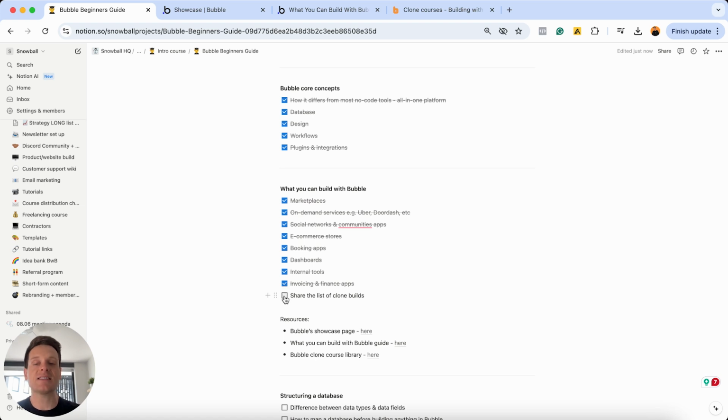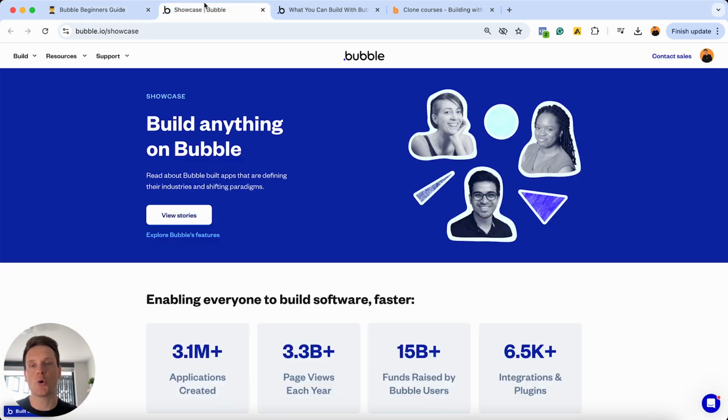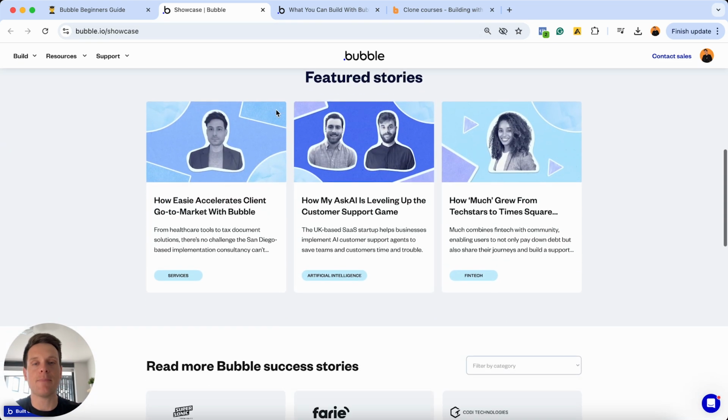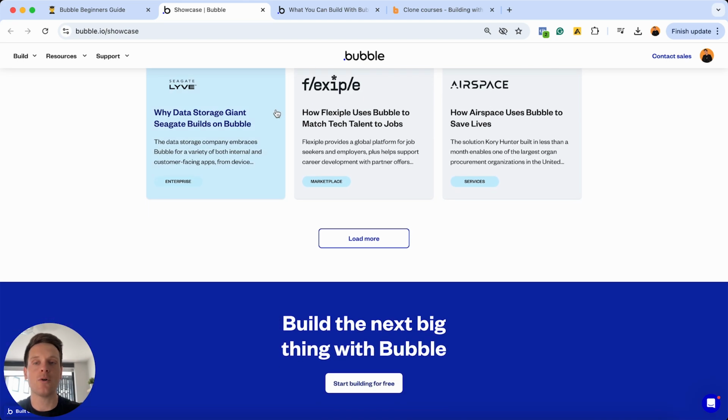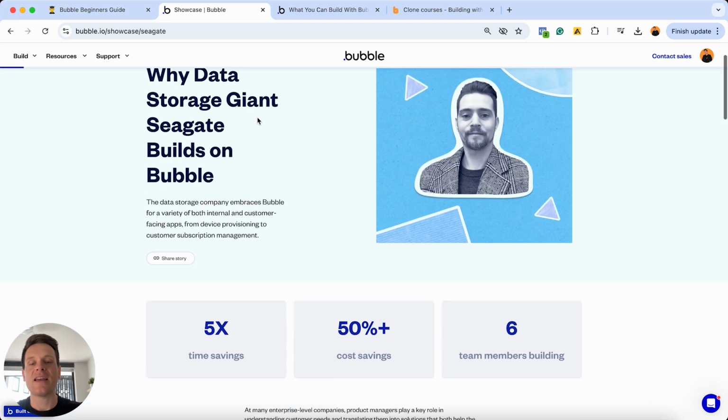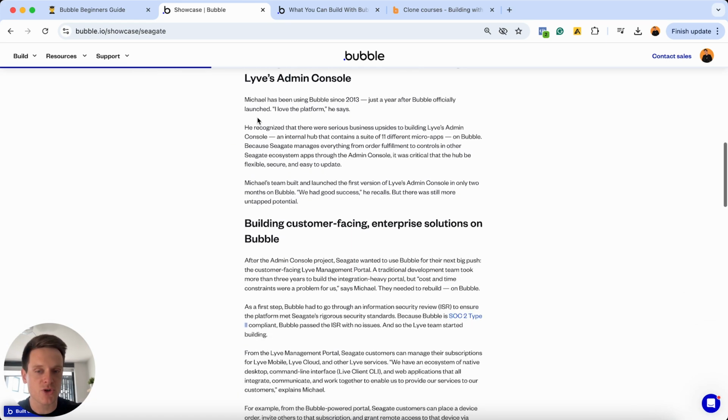And I guess the last thing I just wanted to show you is a list of all of the resources here. That way, if you want to take a look at some of the apps that people have already created, you can definitely check that out. So the first resource is the Bubble Showcase page. If you head to bubble.io/showcase, or of course you can just click the link in my checklist that I've included, and scroll on down, Bubble has a list of all of the different success stories on that platform. If you click on these, they have a case study about what the person was trying to build,